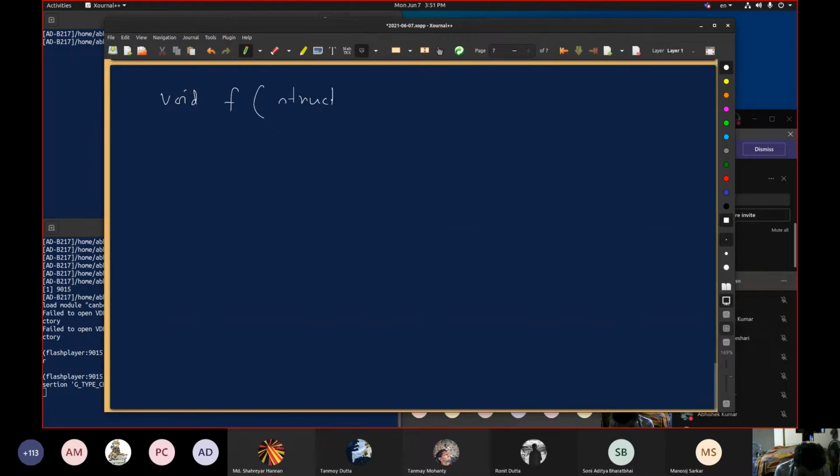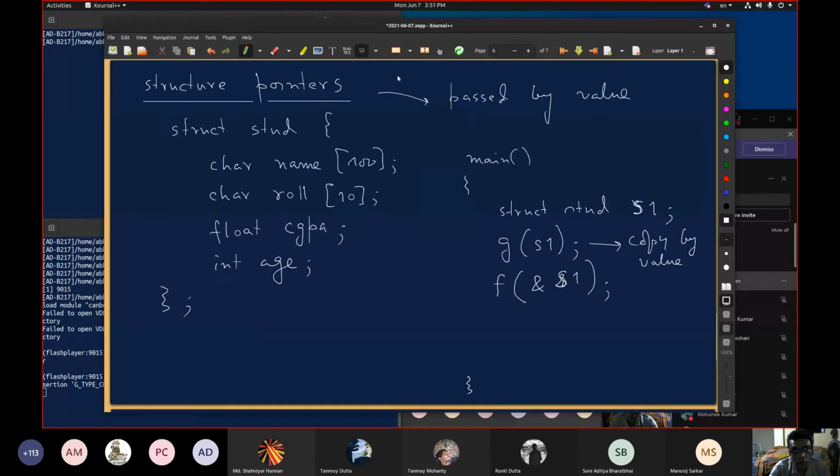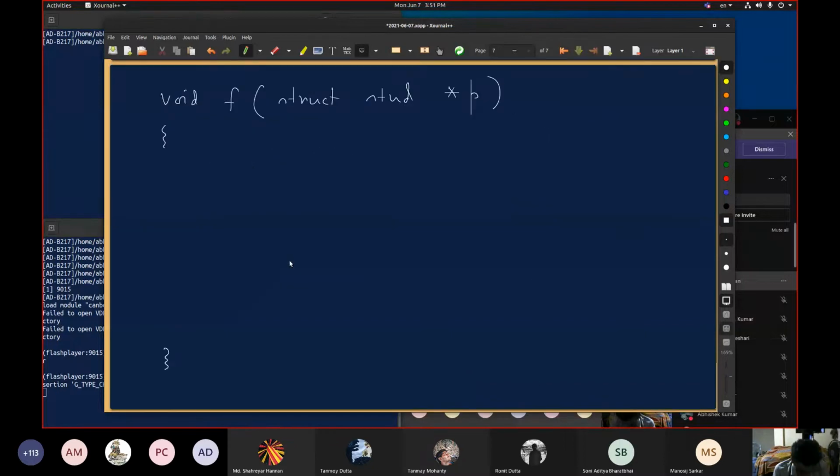So if struct stud pointer p. Then *p means a structure of the form struct stud. So it has these components name, roll, CGPA, and age, where name is a 100 character long array, roll is a 10 character long array, CGPA is a floating point variable, and age is an integer variable. So I can, for example, say string copy